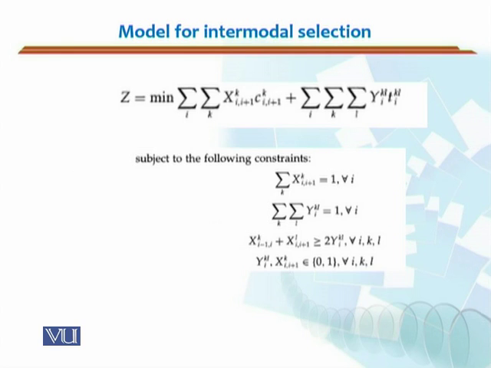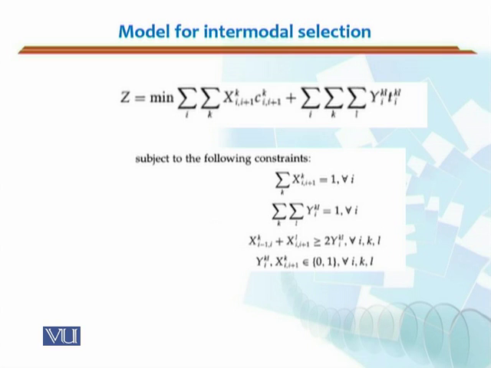Now, the overall minimizing z function would be the minimum of the sum over i, sum over k, of xi,i+1,k into Ci,i+1,k, plus the sum over i, k, and l of yikl Tikl,